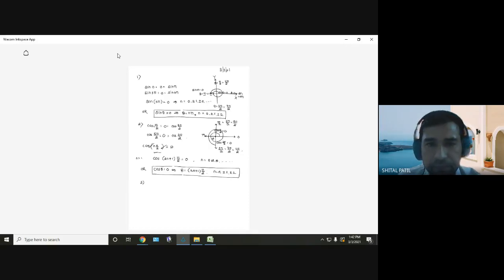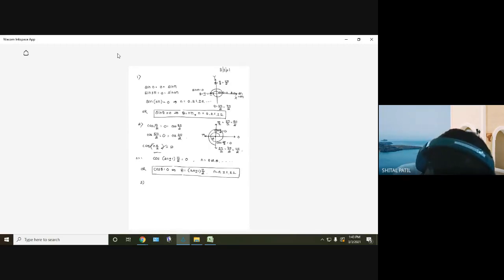Written? No, sir. Fast. Cos, वो जो whatever written in box ना, that will be sufficient. Cos theta equal to 0 implies theta equal to (2n plus 1) pi by 2. Sometime it is minus also. You can write plus minus. यहाँ पे भी लिखो plus minus, so that there will be no any confusion. So whenever we want to generate odd numbers, 2n plus 1 or maybe 2n minus 1.